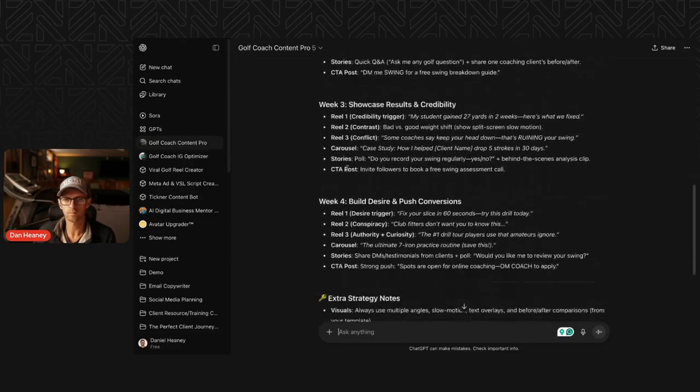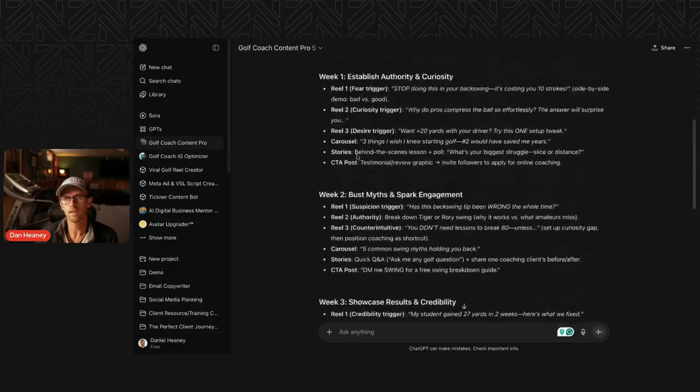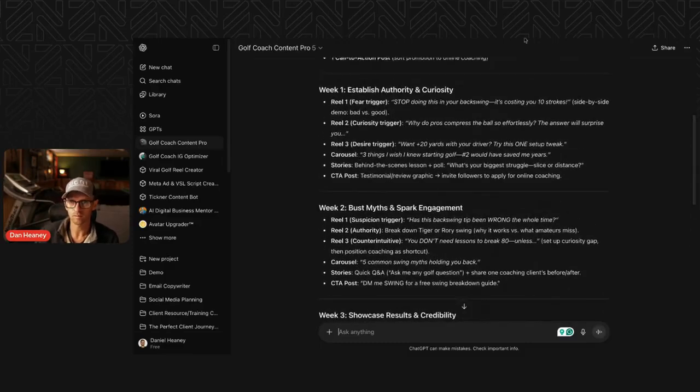So now once I have a general content plan, you don't necessarily have to just run with this. The power in AI is actually going back and forth with it, spending some time making changes, asking for changes as you go. This is just a suggestion without much context to me as a coach, because this custom GPT is not coach specific. It is just industry specific. So what you would need to do is feed it more information or data about you as an instructor, but it puts together good hooks for you, right?